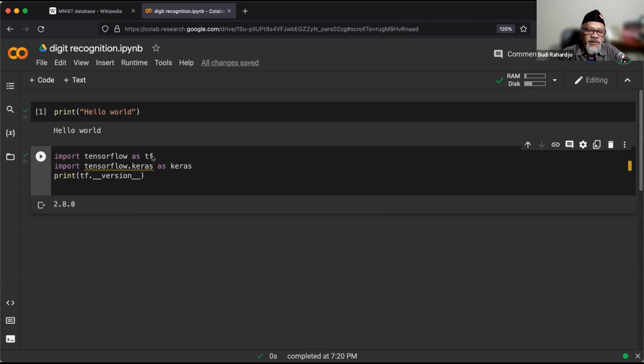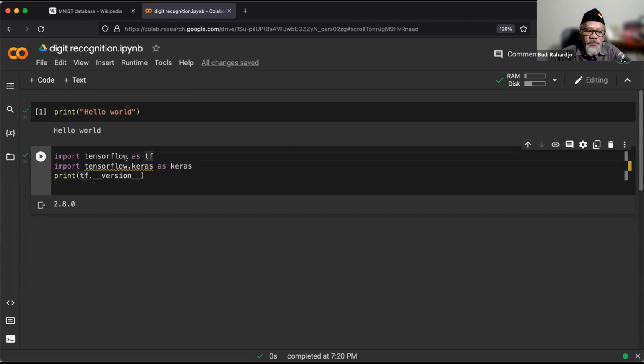Now, what we are doing here, when we put import TensorFlow as TF, is just a shortcut. Instead of typing TensorFlow, we are going to type TF, just like here, print TF dot version. It's short. If we don't import TensorFlow as TF, we have to write import TensorFlow, then print TensorFlow dot underscore underscore version. So this is just a shortcut.